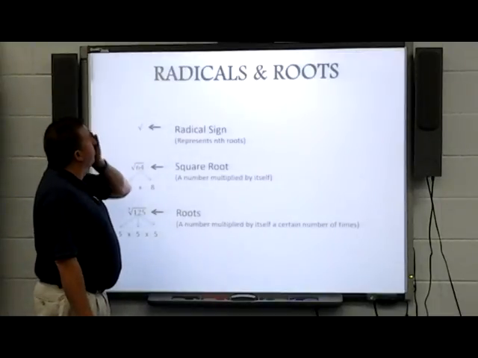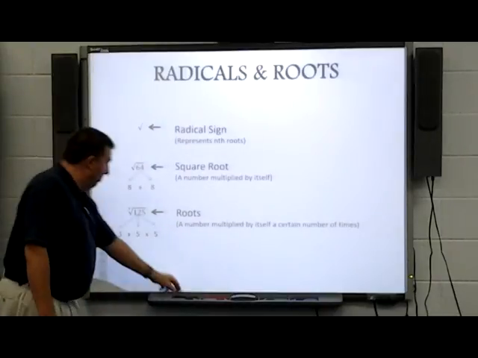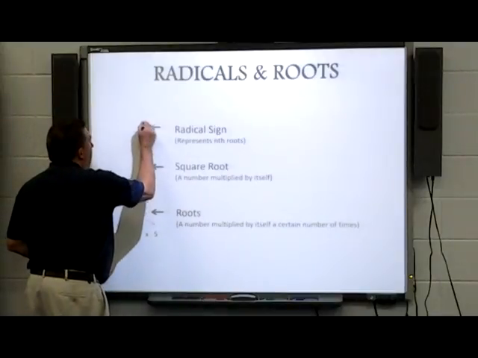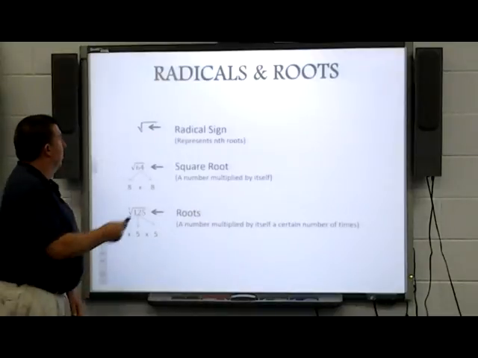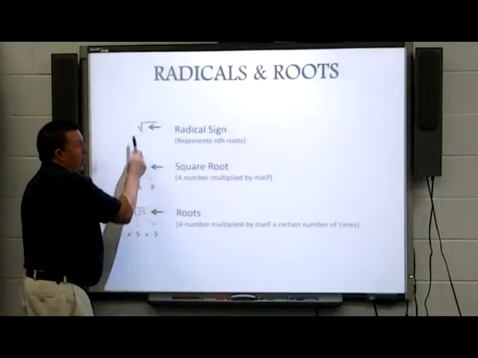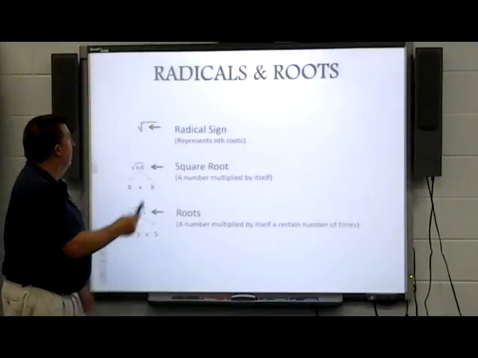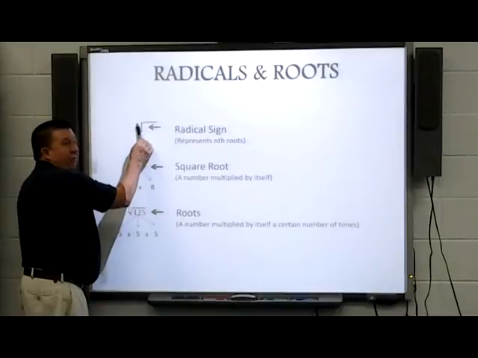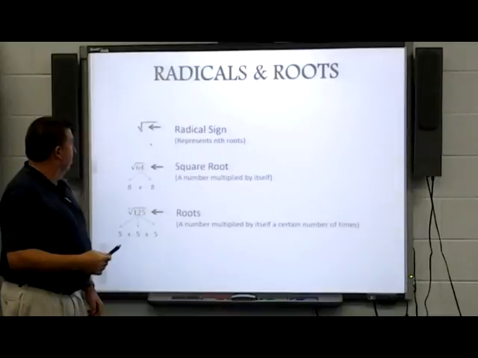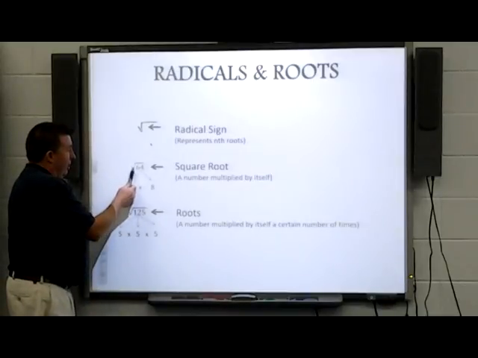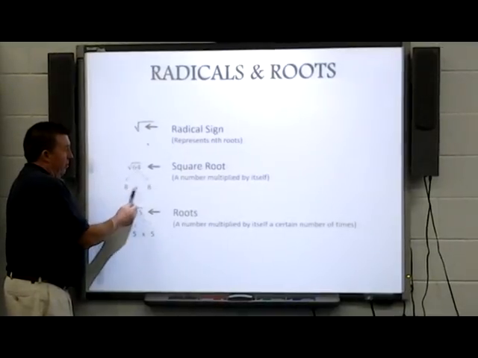Particularly on this presentation, we're going to talk about every time someone sees this symbol, they always say that's a square root sign, which is incorrect. That's a radical symbol, because if there's no number in front of it, it is a square root, which means it's what number can you multiply by itself and get the number inside. But if there's another number here, a 3 or 4 or 5 or 6 or whatever, then that gives you a completely different problem. So without a number in front of it, it is a square root of 64. So you want to know what number can you multiply by itself and get 64,